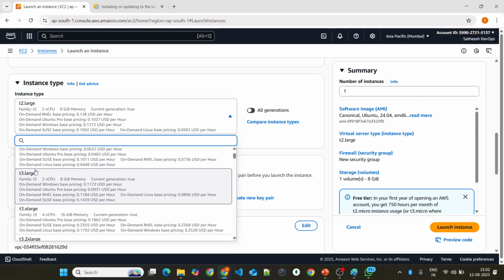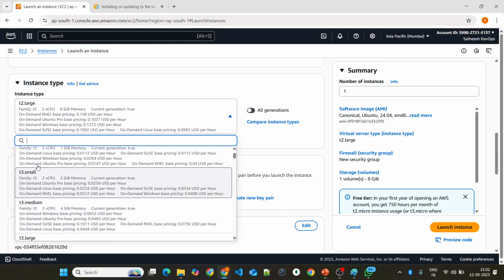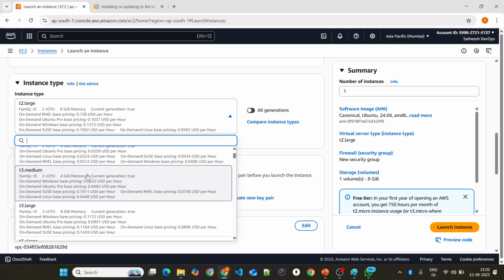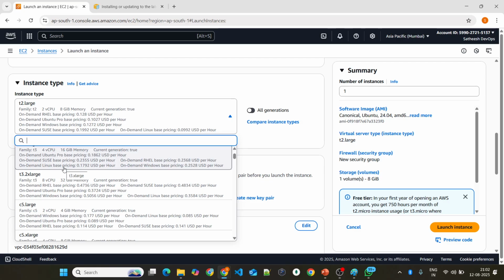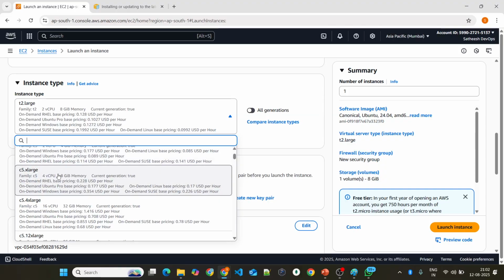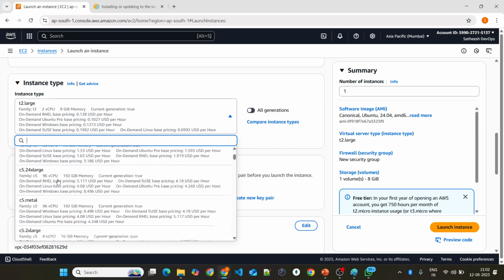So here we have the T2 family. These are mostly general purpose. There is a meaning for each instance type. If it is a T series, like T2 or T3, it's mostly used for general purpose. General purpose, you can use it commonly for anything. So if you use this C5, and